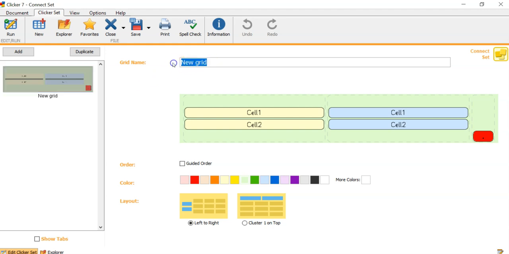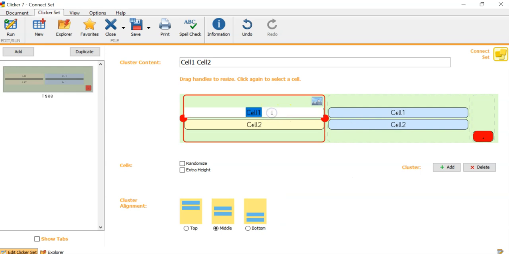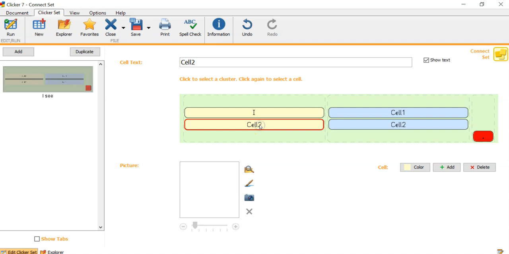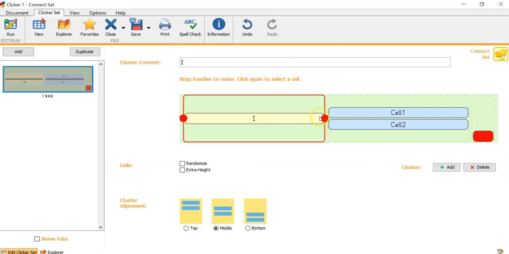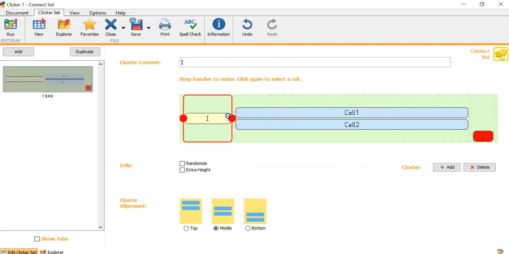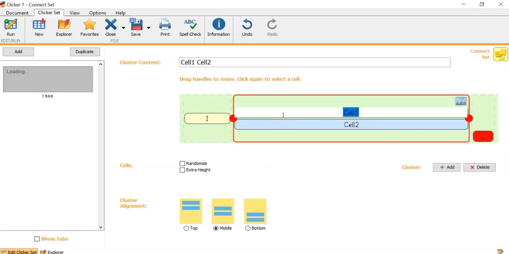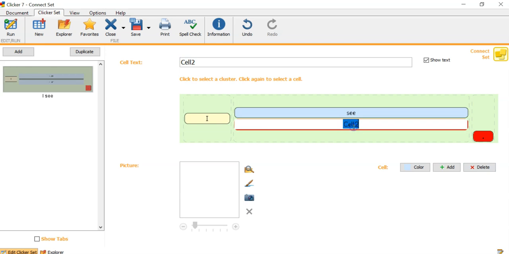And so we're going to start our grid by saying this is going to be I see. And I have these cells. And if I'm going to start out with my basic sentence set being I, and then if I don't want anything else on this one, I can hit delete. And so I is now kind of standalone. And then I can choose the verb see. Are there any other verbs we should put in there? Maybe look, notice, and Aaron, I think,